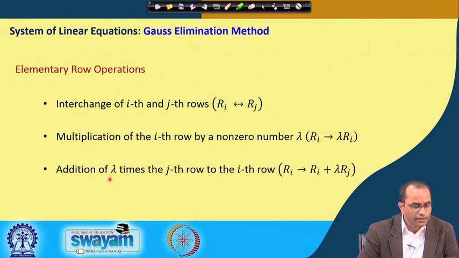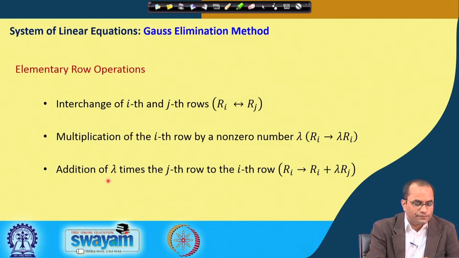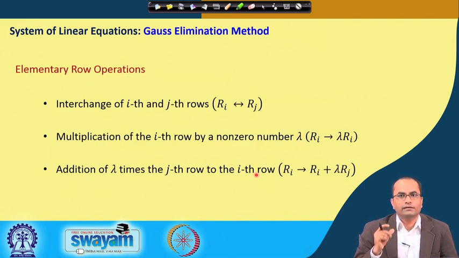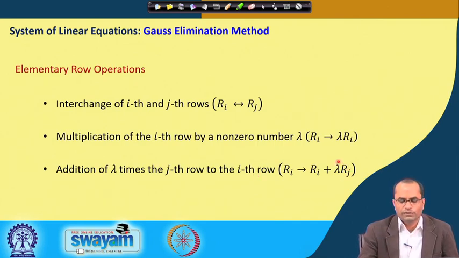Here, addition of lambda times the jth row to the ith row. So, what we can do is multiply the jth row by a number lambda, again a non-zero number, because if lambda is 0 then we are not adding anything to this R i. So, this lambda times the jth row we will add to the ith row,